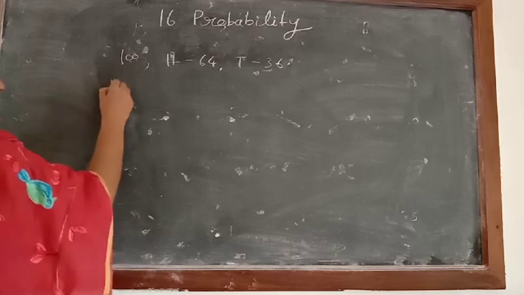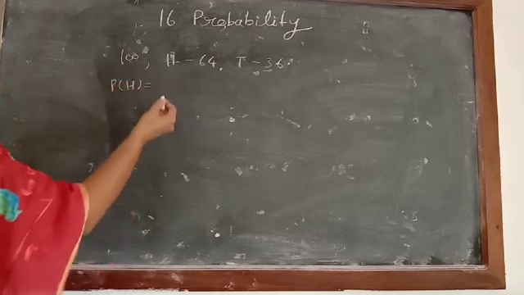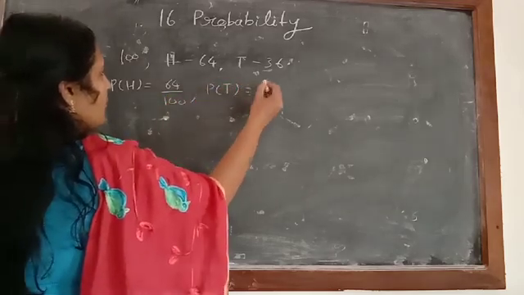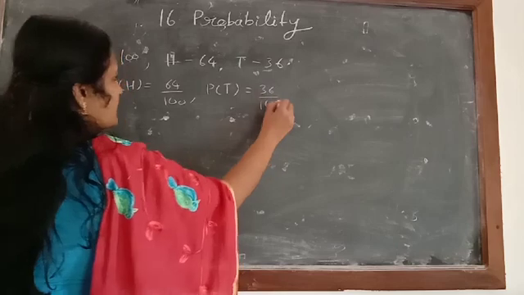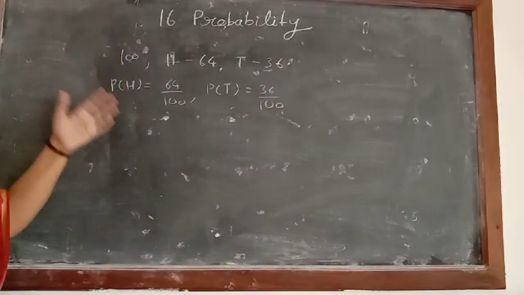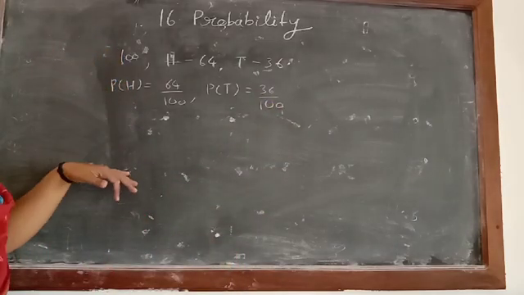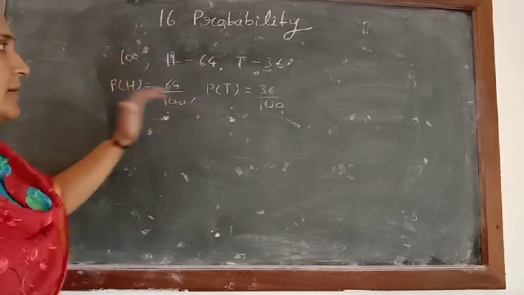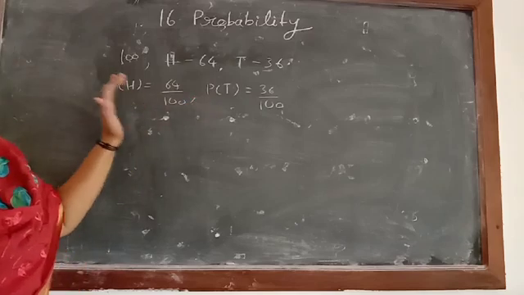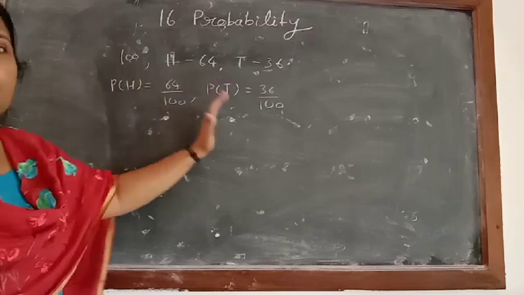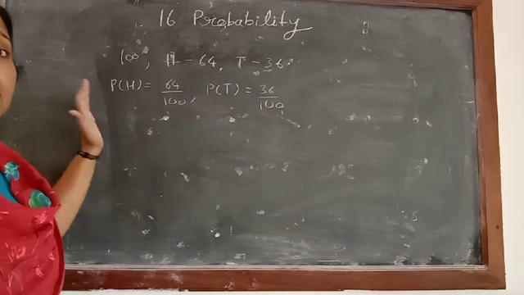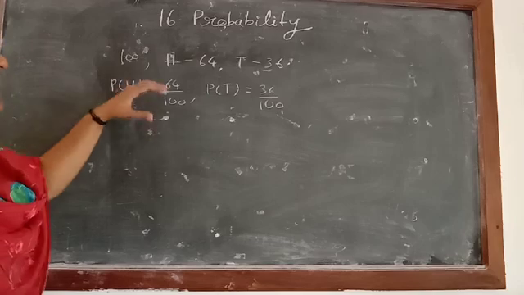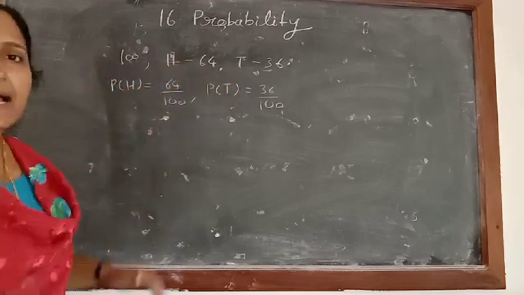So we can write down the probability of obtaining head. That will be equal to 64 by 100, and the probability of obtaining tail will be equal to 36 by 100. So in this type of question, we performed the experiment and based on that we wrote the probability of the event. This is called the statistical approach of probability, where we define the result based on the data collected.